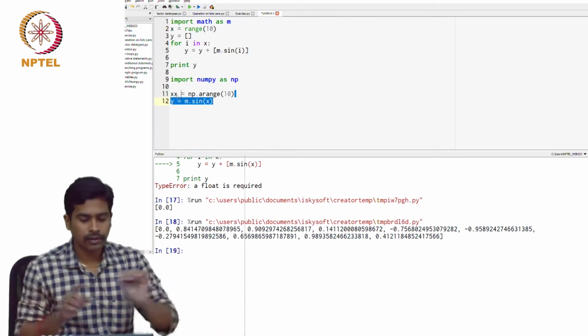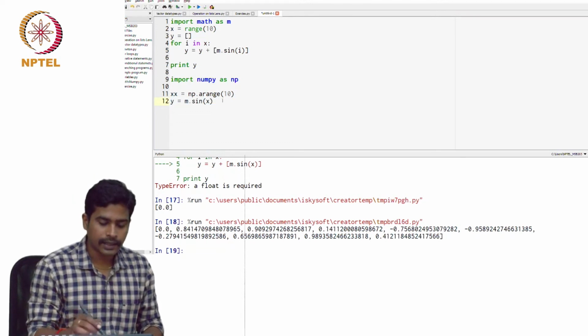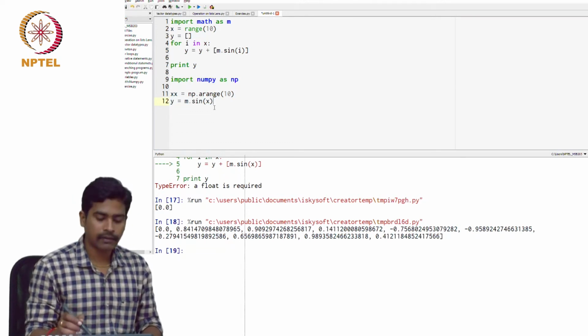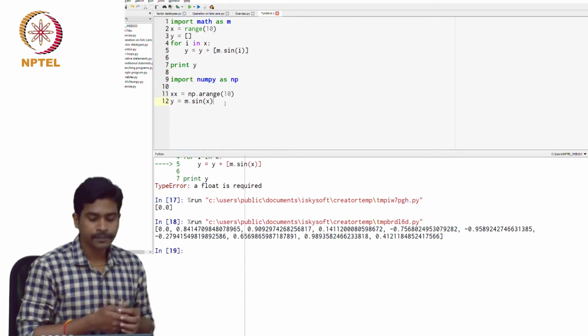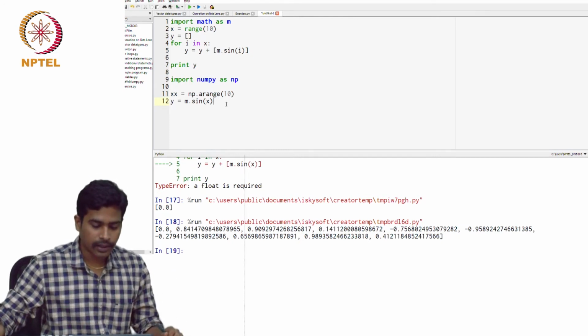These two lines are exactly similar to what we have written here, but here we are making use of the numpy array. And if you run the program,